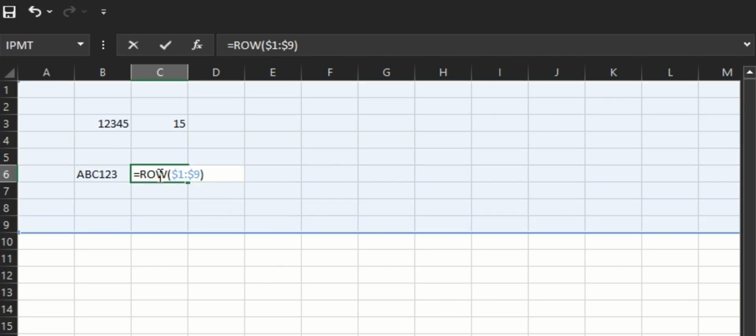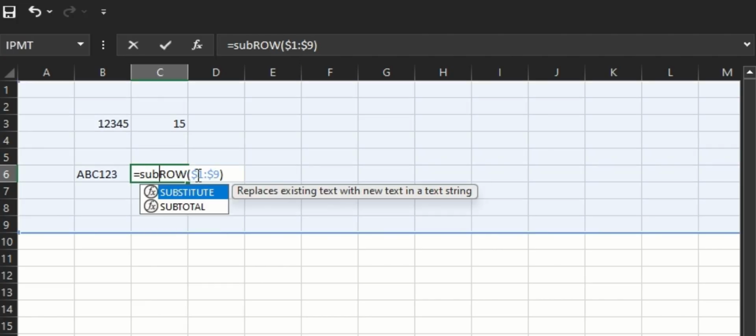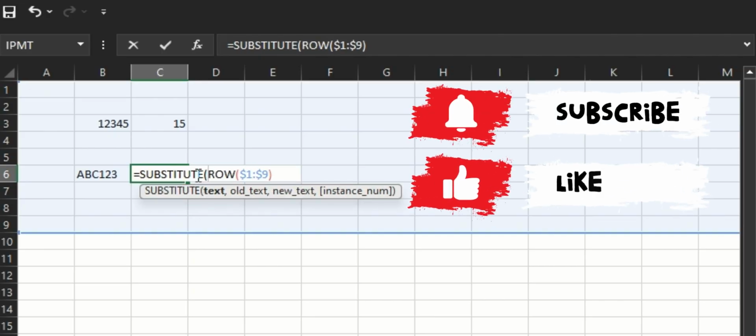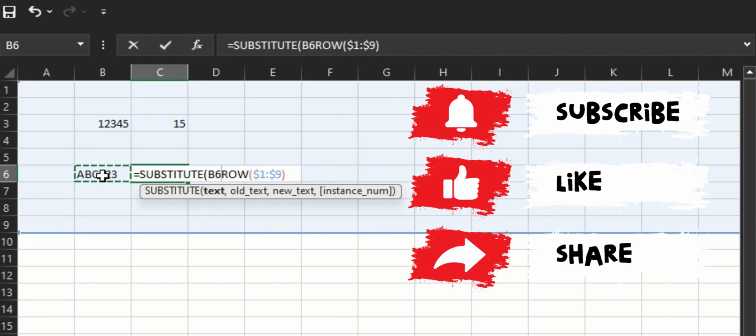So what we're going to do now is basically we're going to search. So let's check what we have here. As you can see, we have 1, 2, 3, 4, 5, 6, 7, 8, 9, right? Good. So the next thing I want to do is to use the formula SUBSTITUTE. Substitute replaces existing text with new text in a text string. I'm going to substitute this, comma,